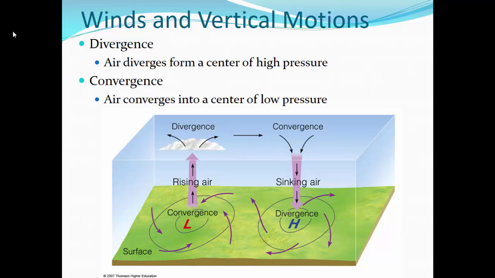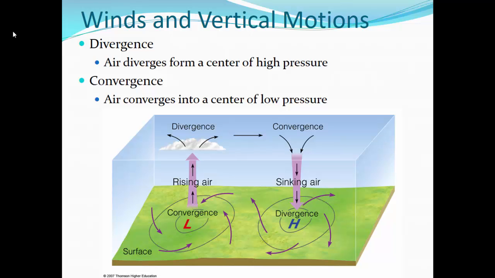The most important thing to understand when comparing upper level charts and surface charts is that they are connected. The upper levels of the atmosphere and the surface are connected by rising air and sinking air. And we know that sinking air at the surface creates high pressure and rising air at the surface creates low pressure. So what's happening in the upper levels with regards to divergence, air diverging from a center of high pressure, or convergence, air converging into a center of low pressure, forces